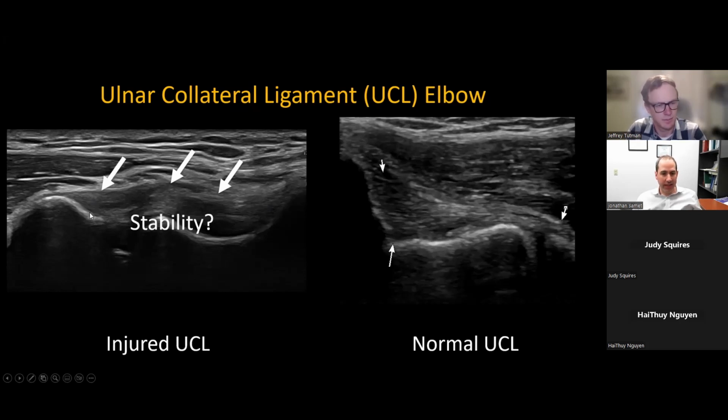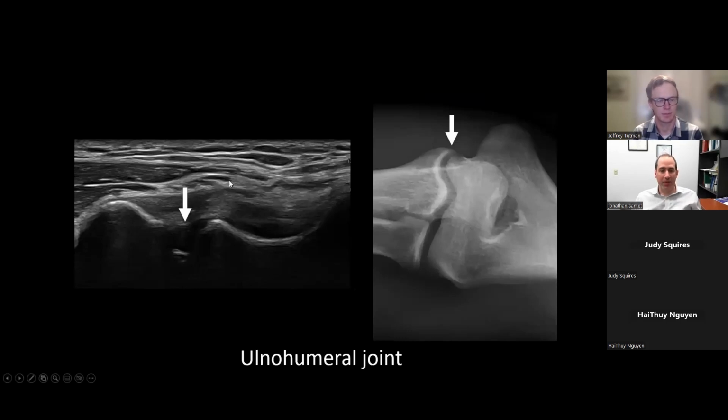And it then will attach to the sublime tubercle. Now, but what about stability, right? So we didn't really tell them that much. We said that it was injured. We don't see an obvious complete rupture, but what else can we tell them, right? Because they have to decide if this is